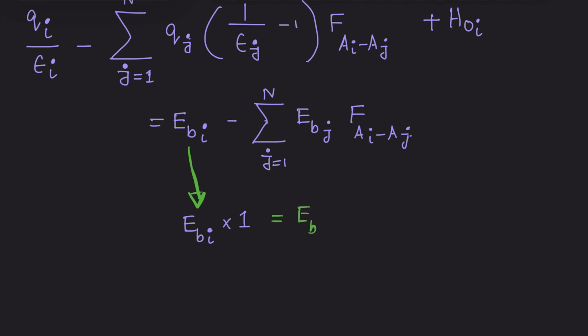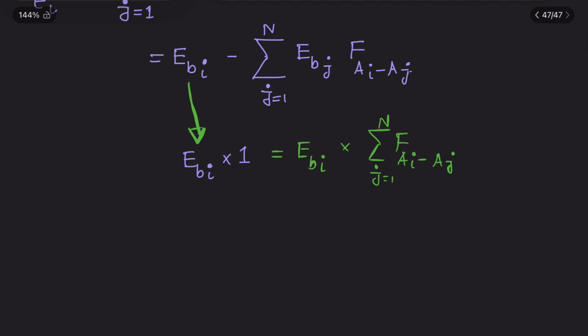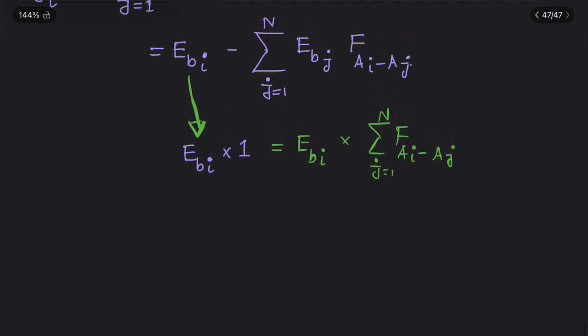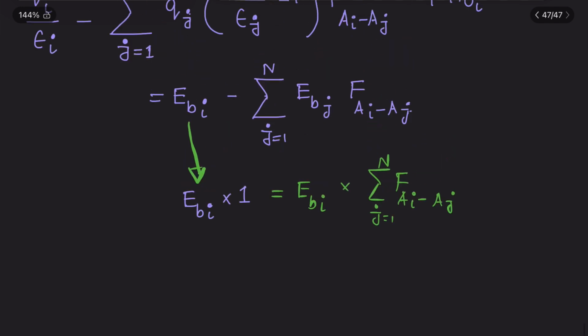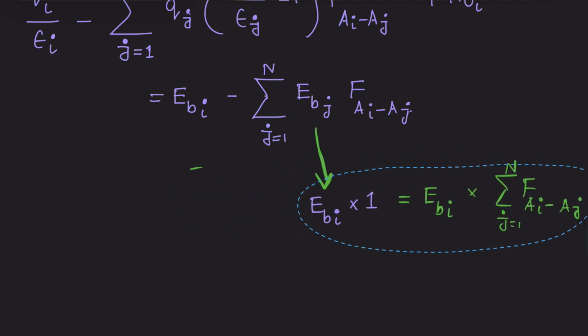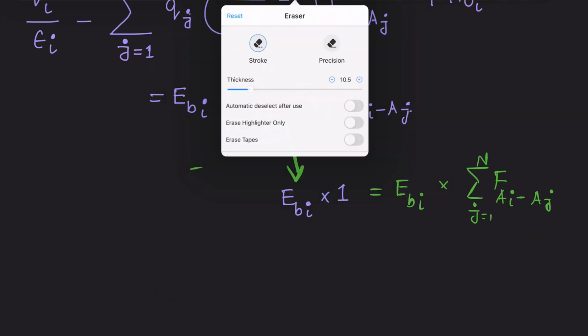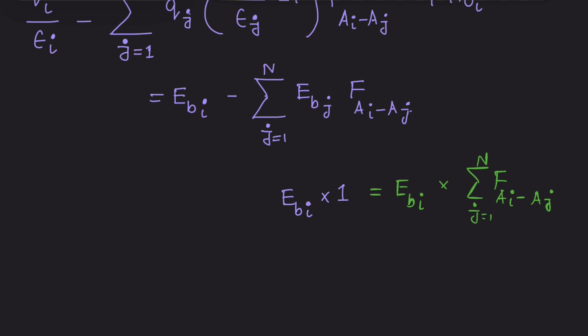Now I know that my summation of F AI AJ over J equal to 1 to n is also equal to 1. You can visit the previous lectures, I have explained it. So that means I can write this is equal to, let me move this here, and let me write it very formally actually. So this will be inside the bracket,